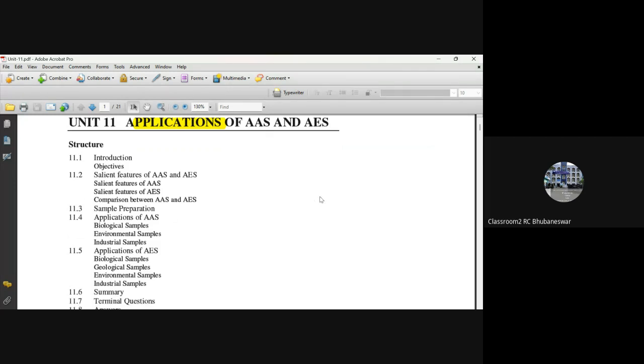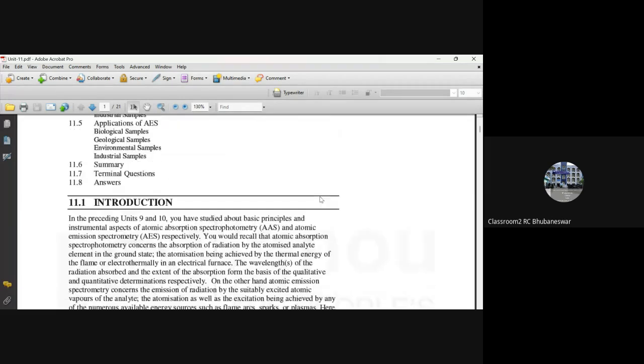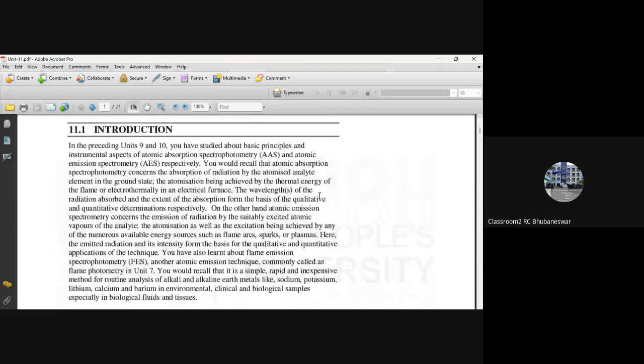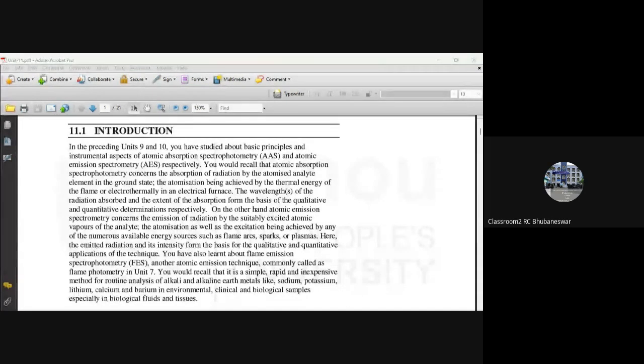But application is so much, then we have to see it carefully. But it's good that 1 unit is on that, because if a question is coming, then you can answer it in a very good way, right? So easy thing. If you know 2 3 applications, you can elaborate it and narrate it and write it in a good way. Okay,